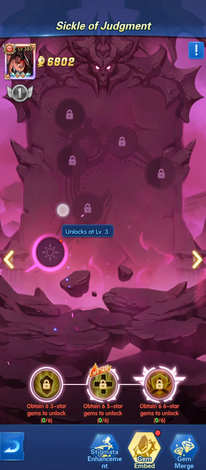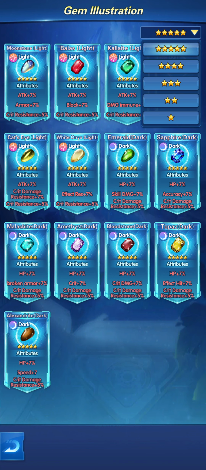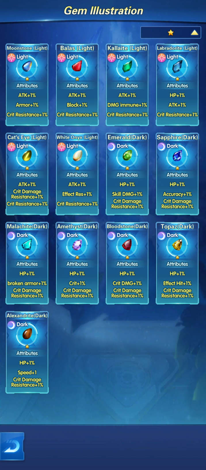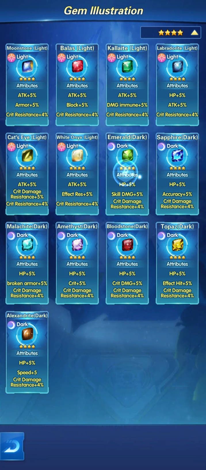Now, before we go into this part, pretty much if you go here and go to the gem illustration, you'll be able to see the different gems that we're talking about that are the new addition. They also follow a segmentation of different stars. You have from 1 star up until 5 stars. As you can see, the different gems pretty much give you HP, skill damage, critical resistance, effective hit, critical damage resistance, and so on and so on. As you can see,